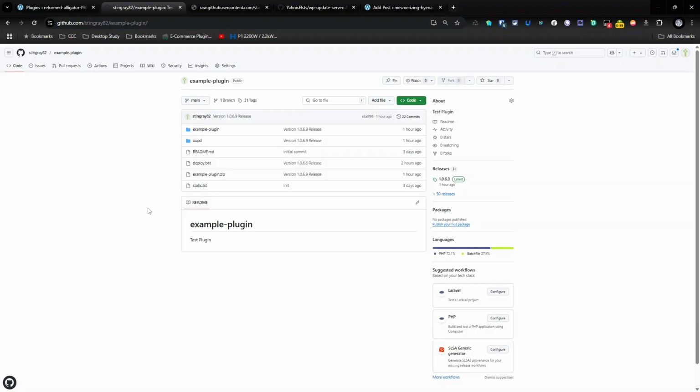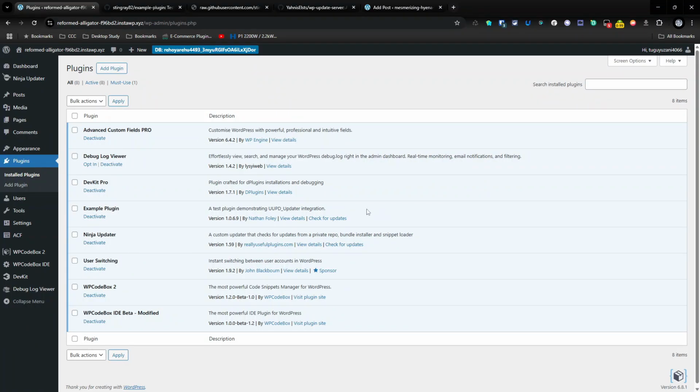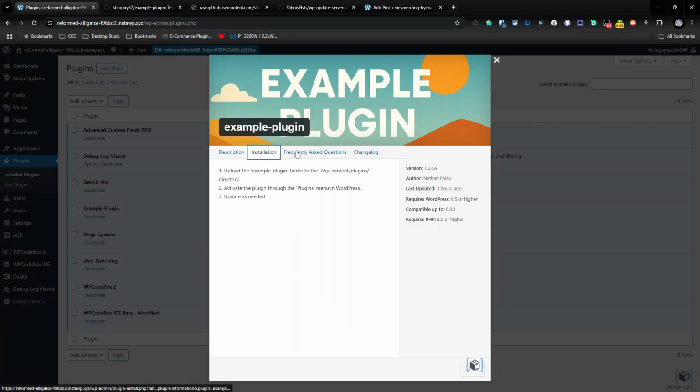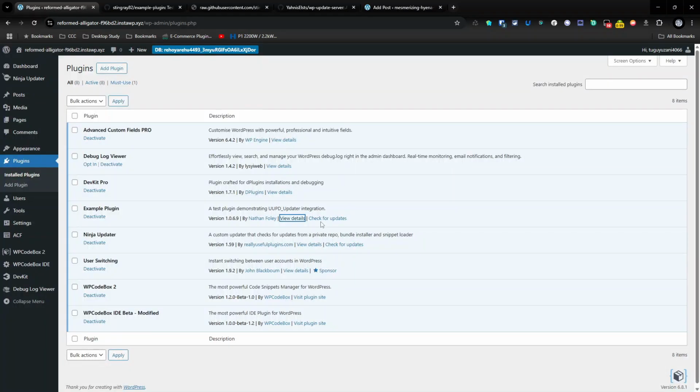So currently we're on version 1.0.69, and that is the version we have installed here. Now, if I push this here, you will see that I get a few details. I get a banner, installation details, change logs, etc., as you would expect for any WordPress plugin. And I have a check for updates option, which isn't going to find me any because there isn't currently any updates, but it's there. So that works exactly as you would expect it to work,